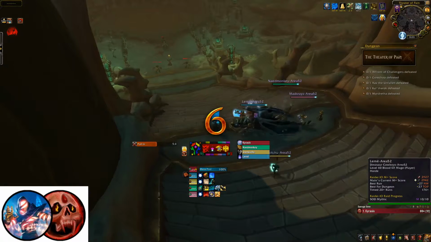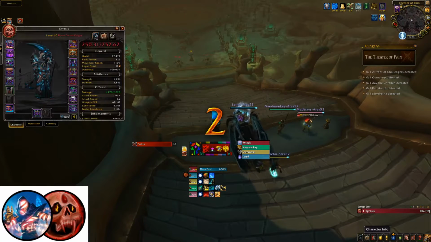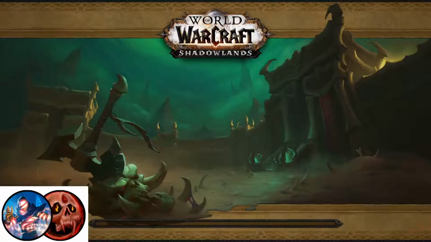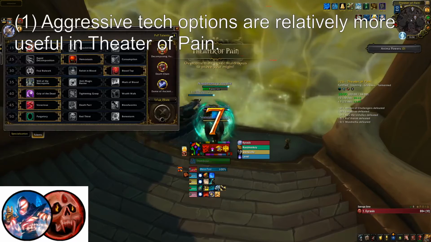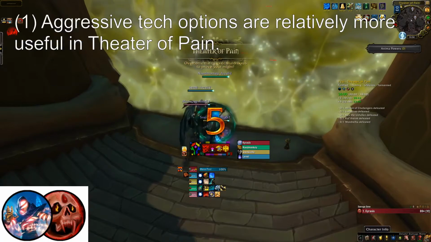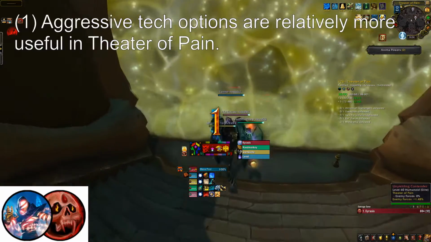Theater of Pain is a unique dungeon in that it doesn't really have any large pulls that are dangerous to the tank, and the dungeon timer isn't nearly as forgiving as it is in other dungeons. And so, aggressive tech options are relatively more valuable in Theater of Pain compared to other dungeons, even on fortified